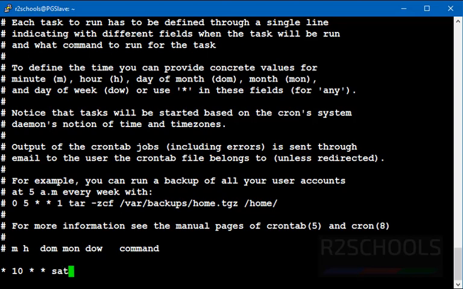You can give 6, which means Saturday. Day of the week starts from 0 to 6, where 0 means Sunday and Saturday means 6. Then provide the username, root, then provide the script file with its location.